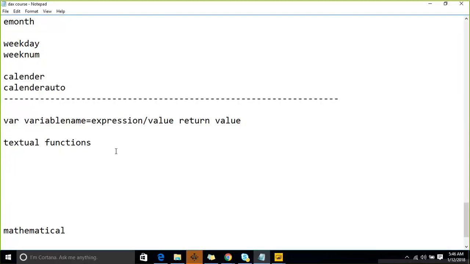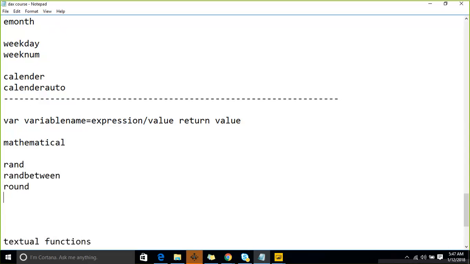Okay, fine. The next categories of functions are textual functions or mathematical functions. Let's start with the mathematical functions. So here the functions are rand, rand between, and round, round up, round down, square root, and sine, pi,